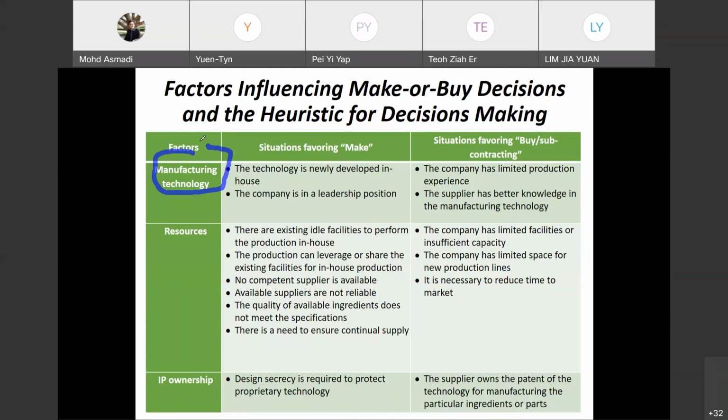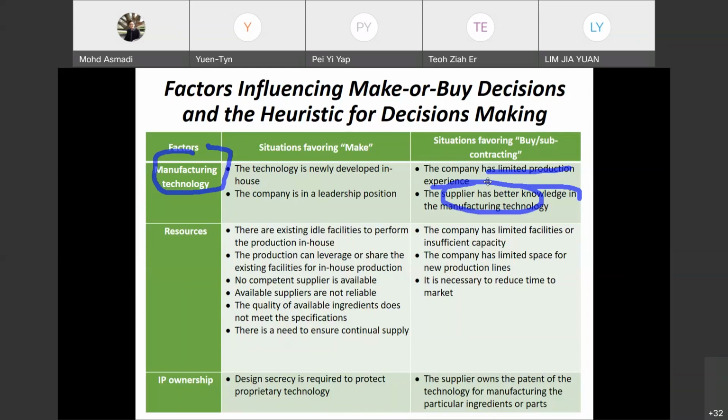So if the company has limited production experience, the supplier is more superior and has better knowledge in the manufacturing technology. That's why you decide to buy your ingredients or chemicals from the contractor. When the product involves proprietary formulations, or the company's own manufacturing process or design that offers a unique competitive advantage in the marketplace,